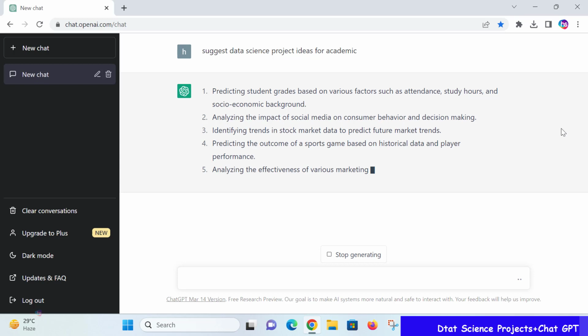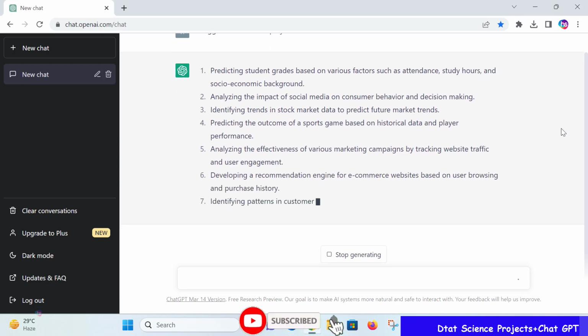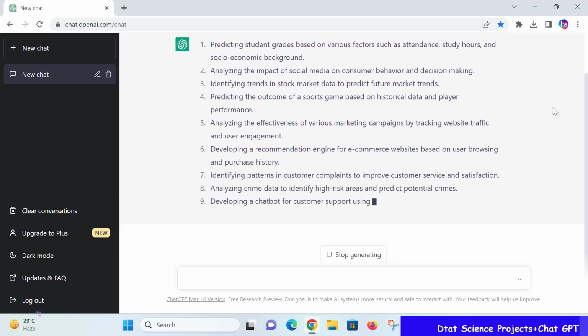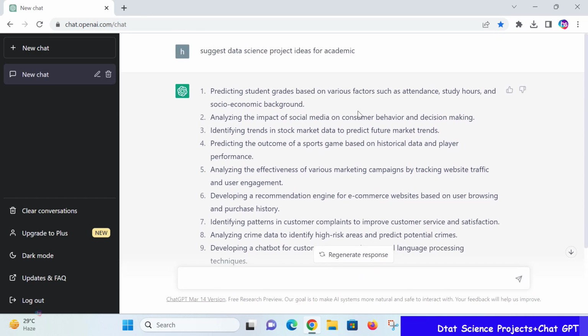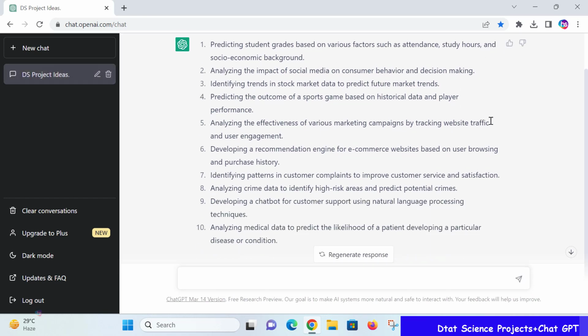Let's see. ChatGPT is giving, like, a prediction of student grades based on various factors such as attendance, study hours, and socioeconomic background. And the second one, analyzing the impact of social media consumption on behavior and decision making, identifying stock market trends, prediction of the outcome of a sports game based on historic data of players, analyzing the effectiveness of various marketing campaigns, developing a recommendation engine for an e-commerce website from user browsing and purchase history, identifying patterns in customer complaints to improve